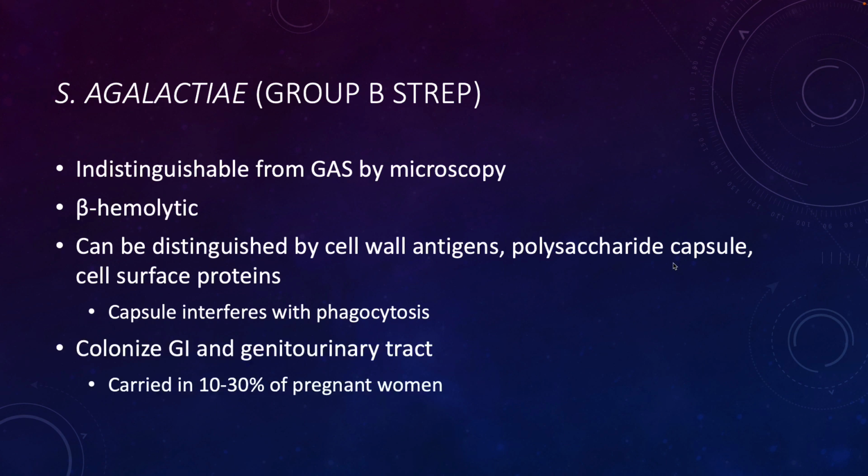Group B strep is a little bit different from group A strep in its preferred locations in the body. So group A strep tends to be found in the throat, upper respiratory tract. It can sometimes, of course, be found in wounds if it gets inoculated into a wound. Group B strep tends to be found in the GI or genital urinary tract. It is estimated that 10 to 30% of pregnant women carry group B strep. So if anyone becomes pregnant or has been pregnant, you've most likely been tested for group B strep, or you will be tested if you become pregnant,